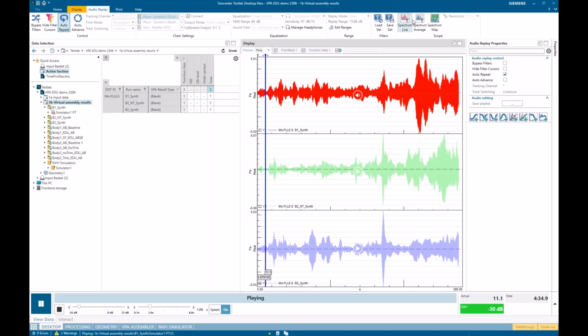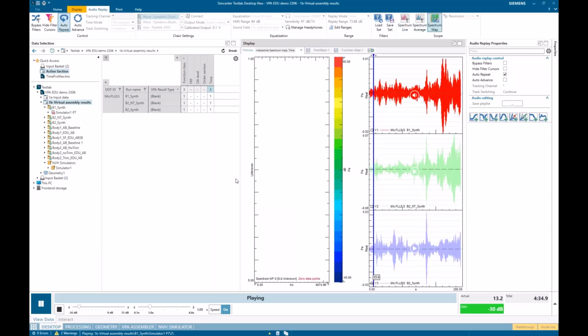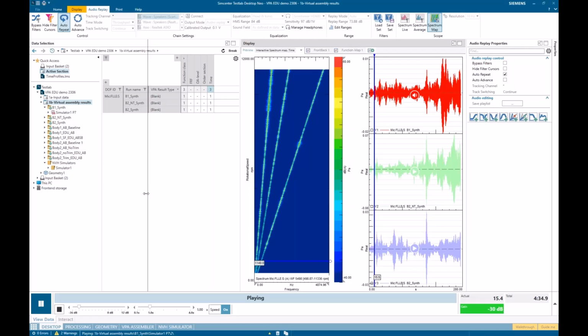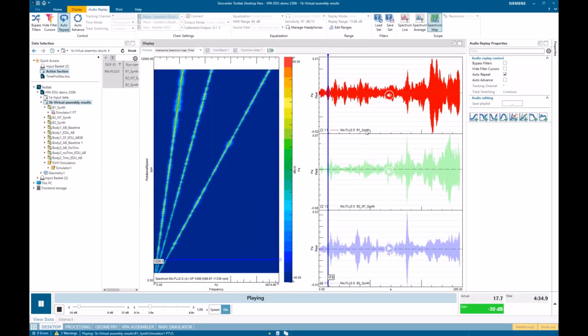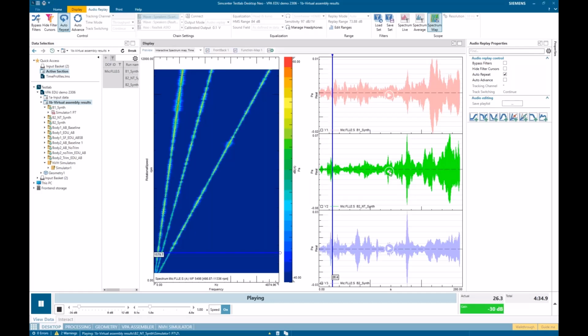I can do things like look at the spectrum map for these. Okay. And so I can look at body 1, body 2, or body 3, no trim.